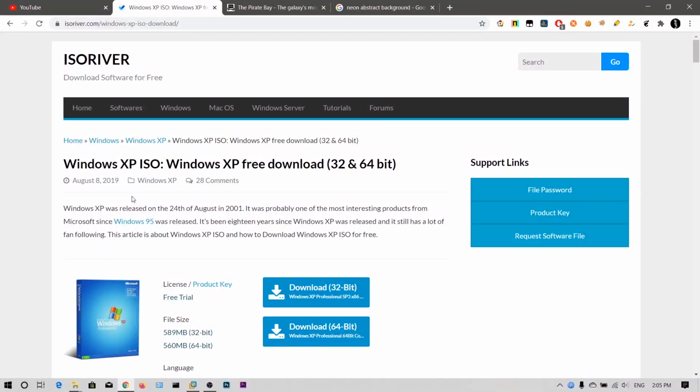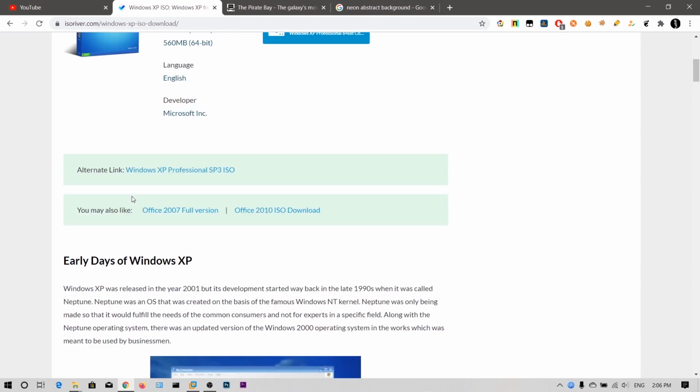Alright guys, now we are going to set up our lab environment. For that you need to download the Windows XP ISO file. We are going to set up Windows XP as the target machine for a few of the videos, and then we will learn about Stack Overflow and SEH Overflow and all of them in detail. And then we are going to see security mitigations like ASLR, and then we install Windows 7 and we will learn how to bypass those security mitigations.